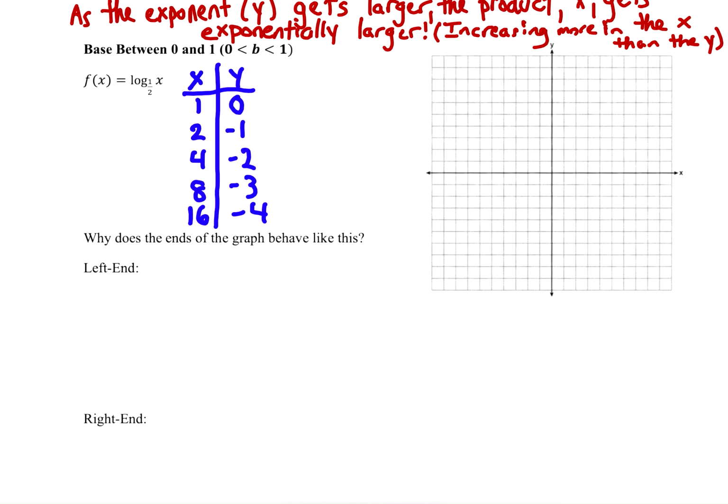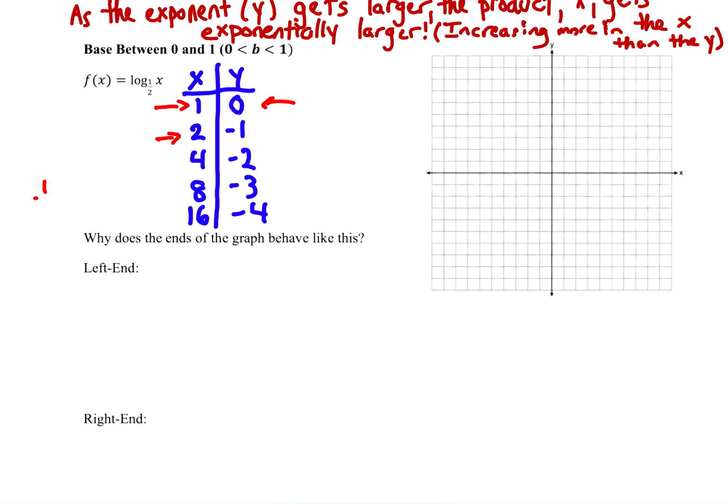I know it's a little weird because the base is 1/2, but I start off with if x is 1. If x is 1, the argument is 1, the exponent is always going to be equal to 0 because anything to the 0 power is 1. And then I said if x is 2, because it's an easier, nice number to graph. When x is 2,